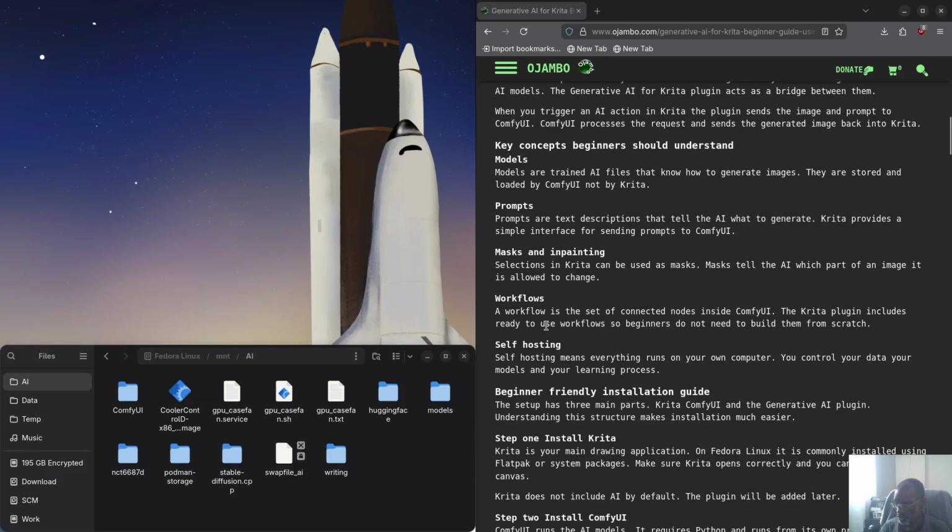So this workflow is basically the workflow in ComfyUI, for example. It's a bunch of connected nodes, and they do things. So the Krita plugin includes ready-to-use workflows, so beginners don't need to build them from scratch. But if you want to build them from scratch, you can, but you don't need to. And today we're not going to build anything from scratch. We're just going to tweak one just to make it a little bit faster,